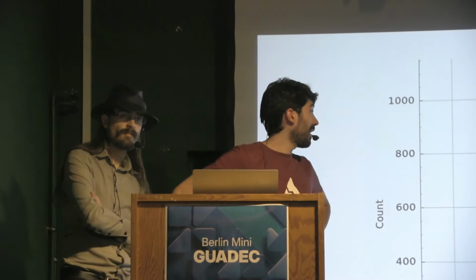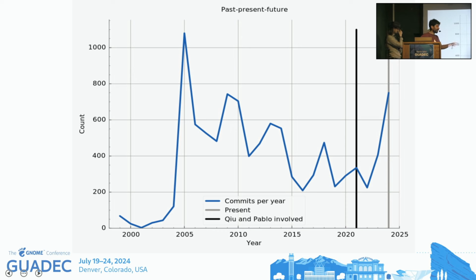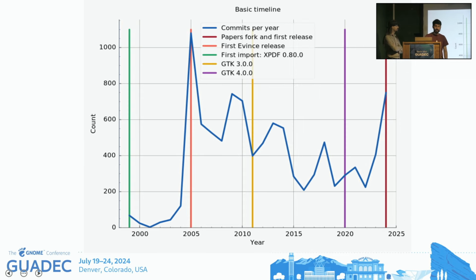I've split our time frame in two parts. For talking about the past, we are going to look at this graph again and again. This graph is basically the number of commits per year in our main branch, which spans a couple of forks through the history. The line at the end is where we are now, the present. Everything behind is the past, and we can differentiate the past before Qiu, who is the other current maintainer, got involved, and everything that's behind. So, a basic timeline of the project.